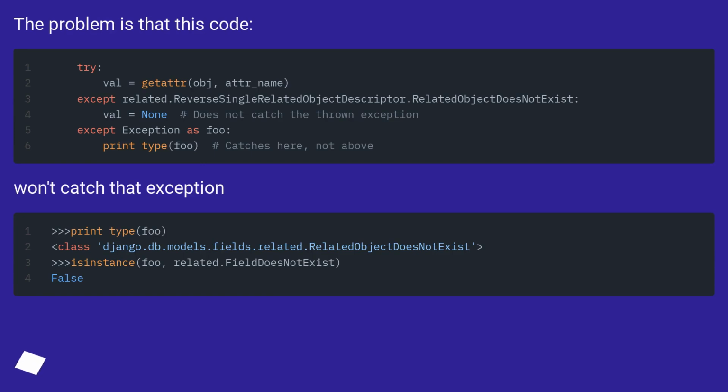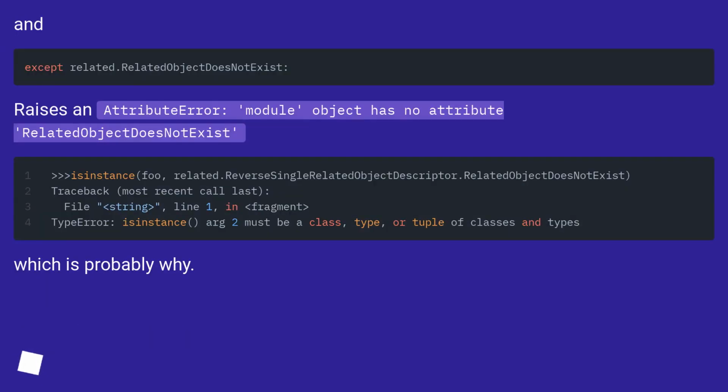The problem is that this code won't catch that exception. And it raises an attribute error: a column module object has no attribute. Related object does not exist. Which is probably why